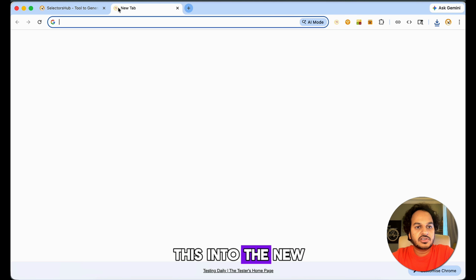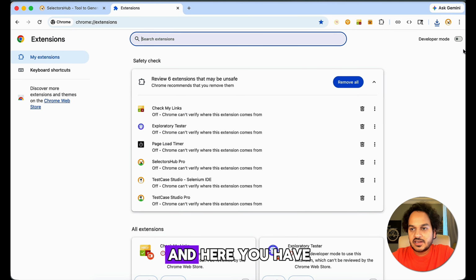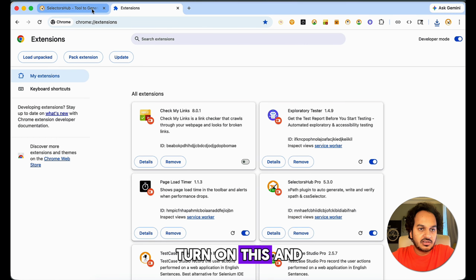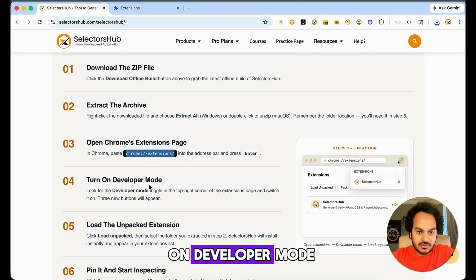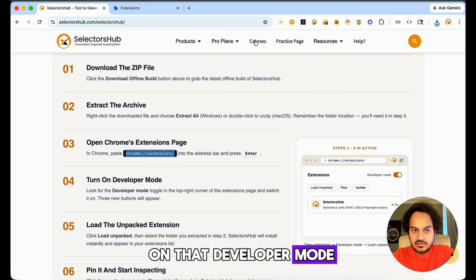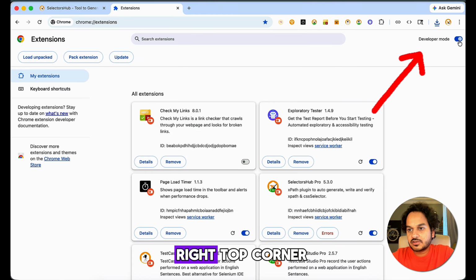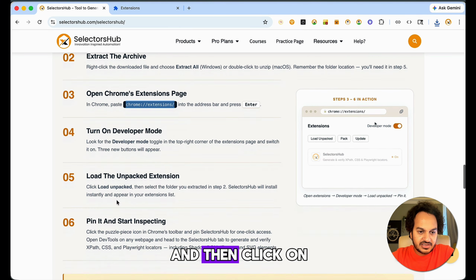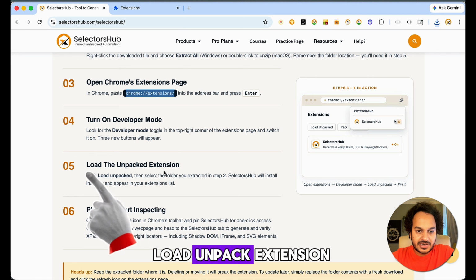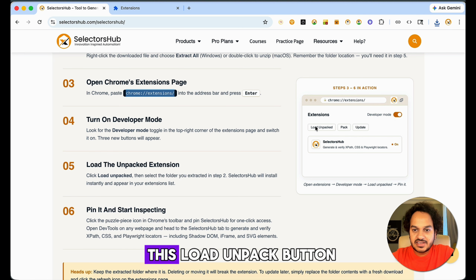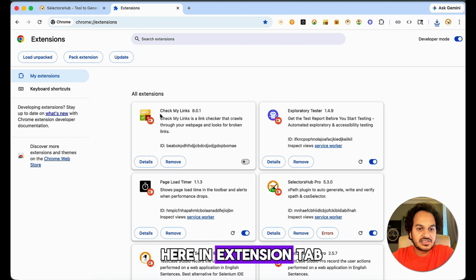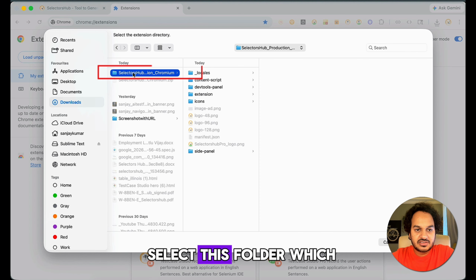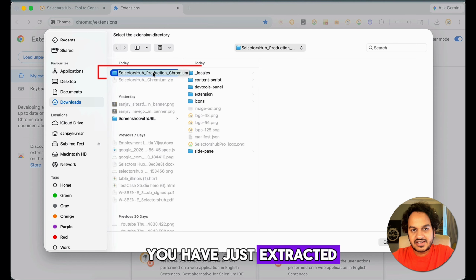Now you have to open chrome://extensions in a new tab, and here you have to turn on developer mode. It says turn on developer mode, so we have turned that on. You see that it is on the right top corner. Make sure that you turn on this toggle here, and then click on load unpacked. You will find this load unpacked button here in the extension tab. Click on this and select the folder which you have just extracted,